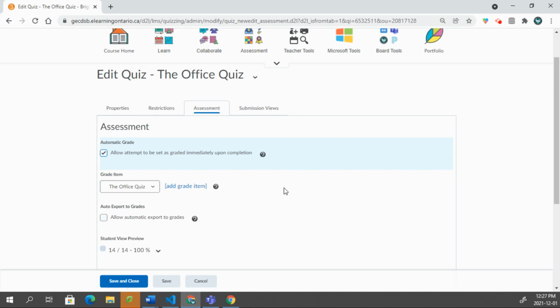So for example, if there was a written question that was worth 5 marks, if it's auto graded, it's going to give them a mark of 0 on that until you actually go in and grade it yourself, because you're actually going to have to go in and read that written response. Because this wasn't set as automatic grade when we started, if you leave it like that, you'll have to manually go in and publish the grades. Whereas if it was set to automatic grade,